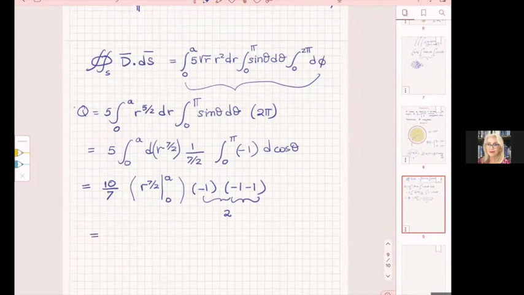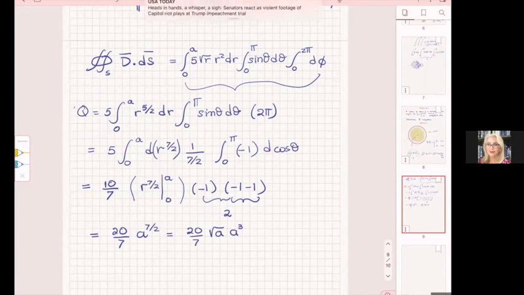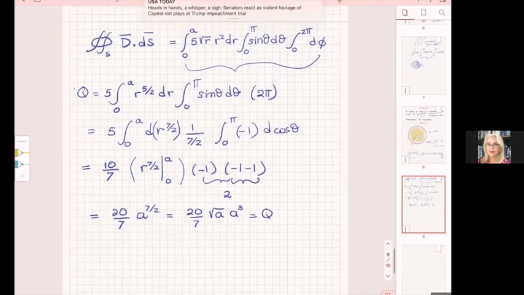So practically it's 20 over 7 alpha to the 7 over 2, which makes like 20 over 7 square root of alpha to the seventh. That's what I think is coming up from Q. And then we have the surface integral